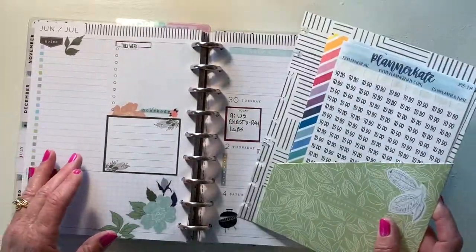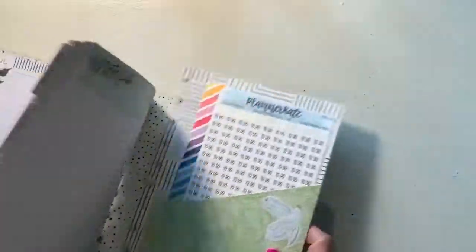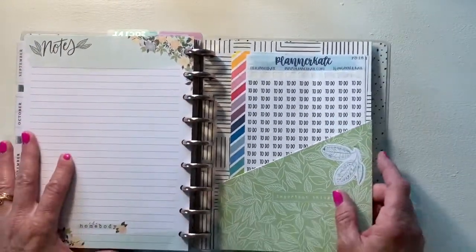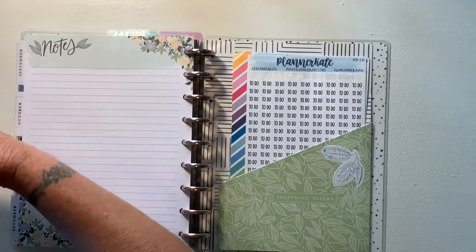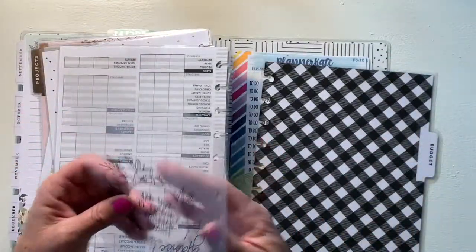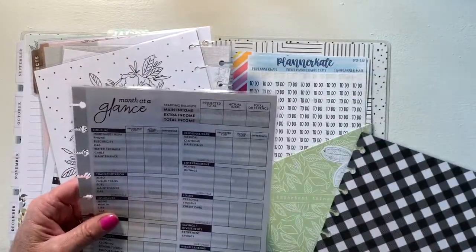Now, I did grab this. I think I'll stick it in the back. And it matches the Homebody. And that's not to say I won't go back to it. I just wanted a little change for now. And then I pulled out these. And I think I'm going to use...